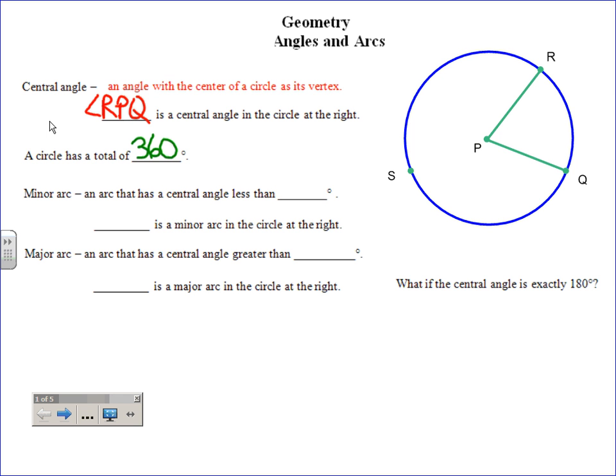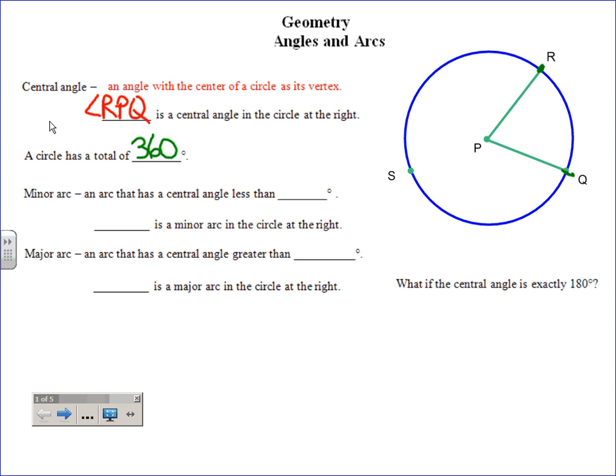So that's basically talking about the angles and what we could be talking about. Now we're going to stop looking at the green and start looking at the blue. Do you see how this green comes here, and what if I made a cut right there and a cut right there? There's a blue piece right in here that creates an arc. Or you could look at it the other way. Once I cut there at R and cut there at Q, it makes a big arc going that way. All right, so there are a lot of arcs you could take a look at. And so a minor arc is any arc that has a central angle less than, well,